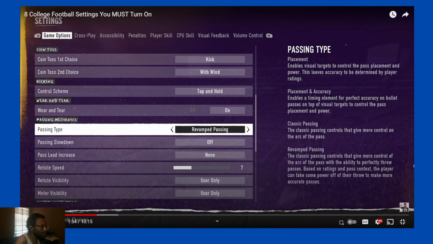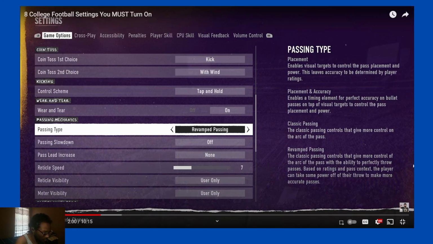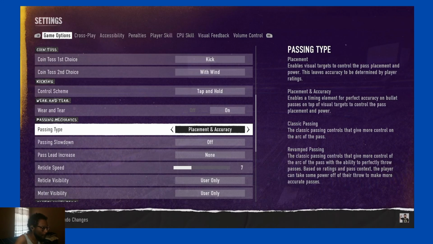If you want to get the most out of your passing game and stop throwing interceptions, you need to make sure that your passing settings are on point. Now, there's 2 different settings that most people use, either revamped passing or placement and accuracy. Now, placement and accuracy does give you a little bit more freedom to freeform the ball, and more advanced players usually like this, but I typically recommend that most people play on revamped passing